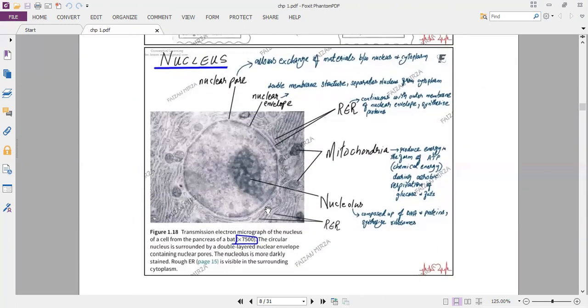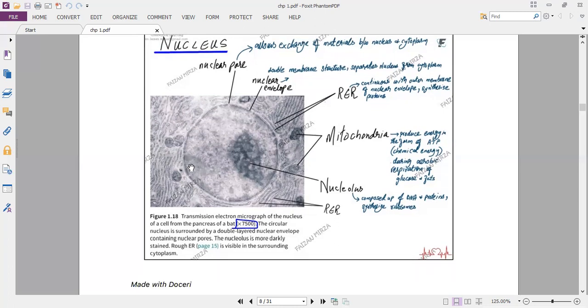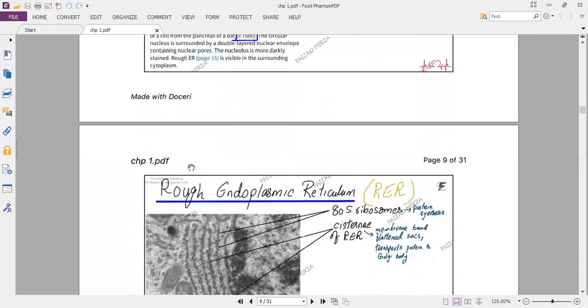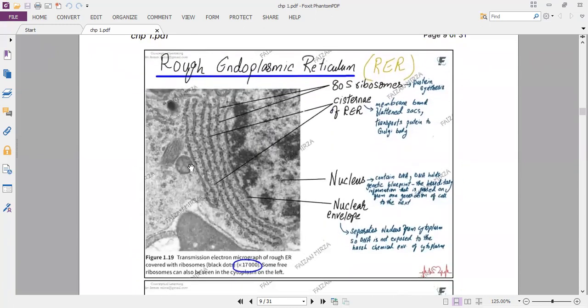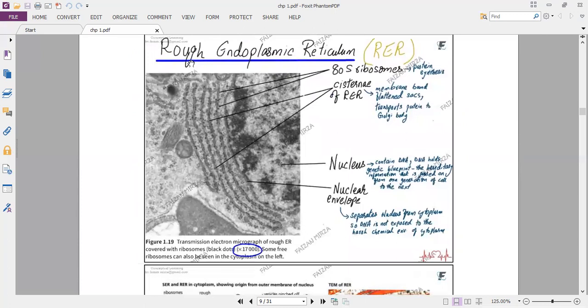In the same diagram, you can see two types of chromatin as well. This lighter gray here is the euchromatin, the true genes, the active genes, the one which is towards the center. This is the heterochromatin. Heterochromatin means inactive genes. Inactive genes are those which the cell will not need at that time, and active genes refer to those genes which the cell will need for functionality in that particular phase or in that particular tissue.